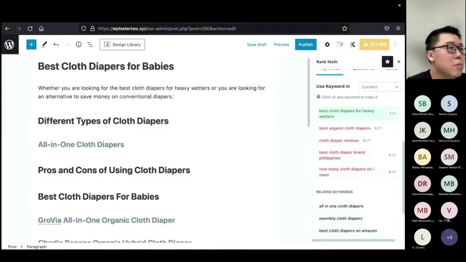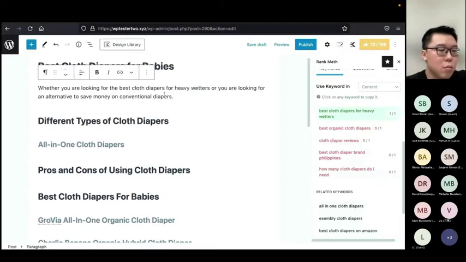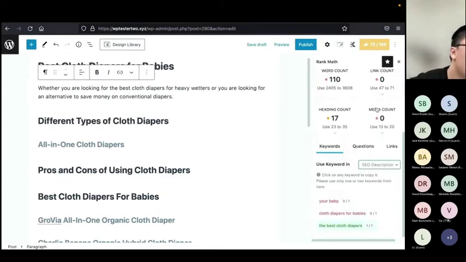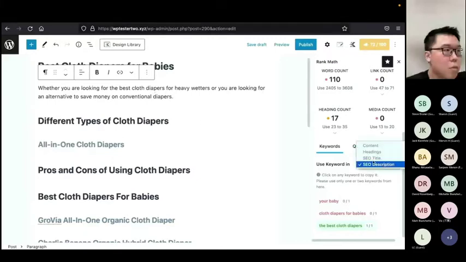Remember, a smart and natural way of adding keywords instead of stuffing keywords. This sentence turns this keyword green. And if you look into the SEO description, it has turned this keyword green as well, because by default, the first 160 characters of your content will be used as the SEO description. Let's go back to the content.